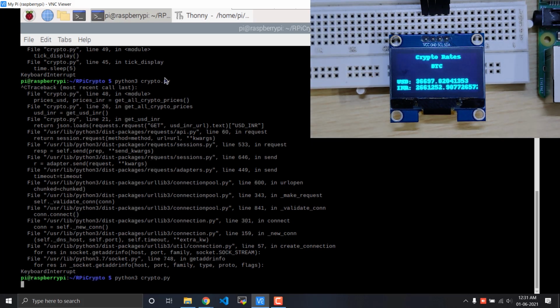So we have BTC, then we'll have Doge, then Ethereum, and the 2 new ones, LINK and DOT, will be added automatically. As you can see, we have the LINK price now, and then we'll have DOT. So you can keep adding as many as you wish to the list,